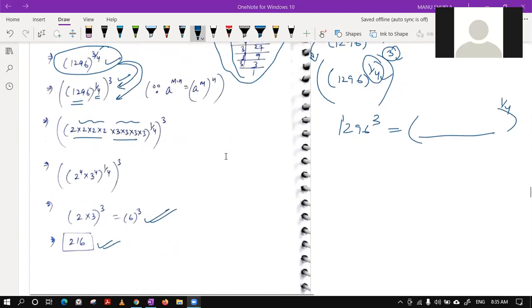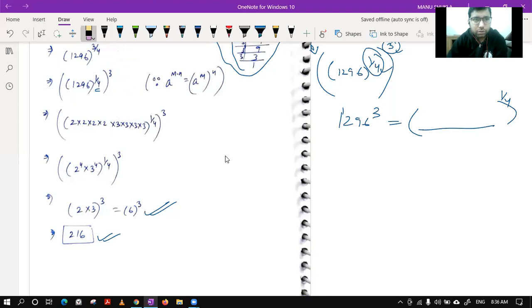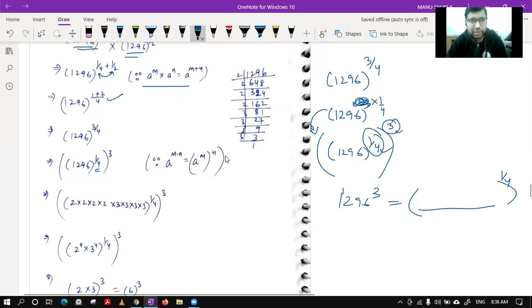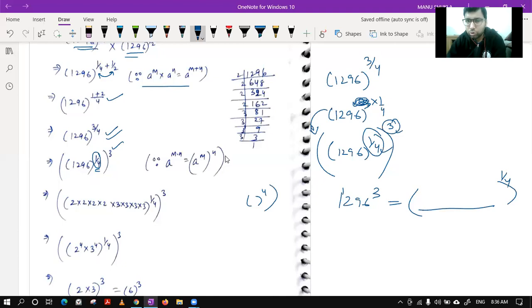Sir, in the last part, how did you solve the final one? Sir, this part in which the final step is there. Okay, we will go step by step. Have you got this thing, how I got this? Yes, sir. Okay, after this I took this 1/4 inside the bracket and kept this 3 outside. This is fine with you? Yes, sir. Okay, after that I know this is a fraction power. If I have something inside with power 4 and outside is fraction power 1/4, that thing will come outside. You know this thing? Yes, sir.